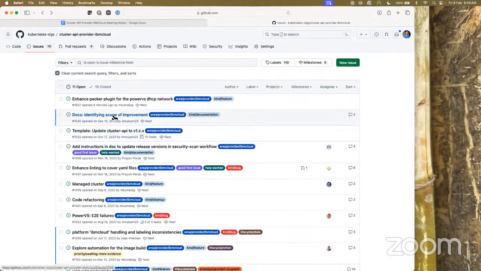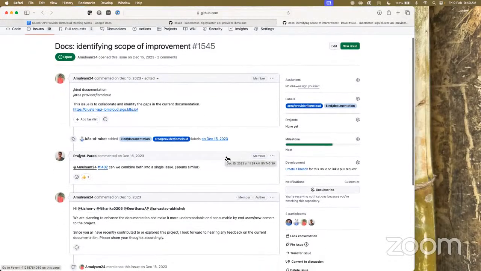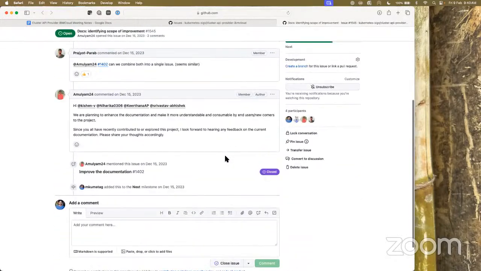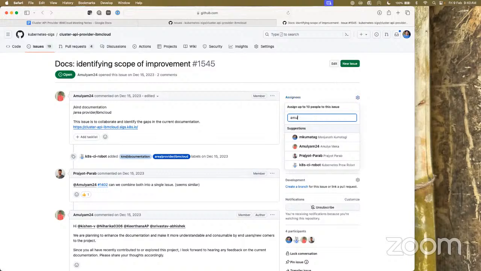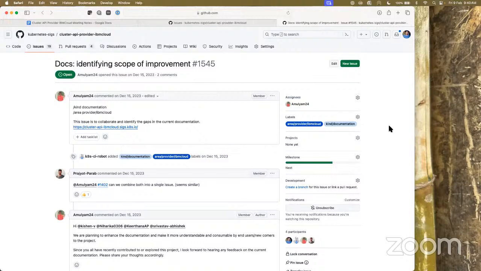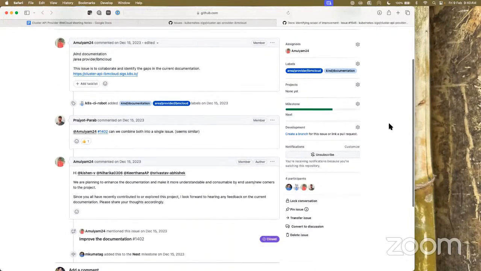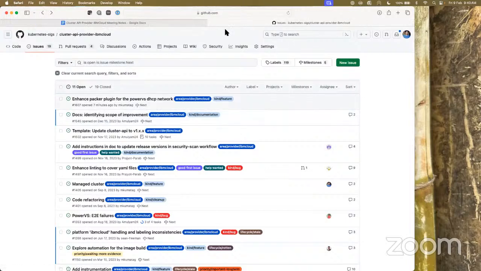And then the first group of improvement. Who's owning this? Nobody is as of now, but I think the intention was to just get feedback on the current documentation from newcomers to the project. But I don't see any update as of now. I'm just assigning it for now. Sure, we can just teach those people and then get some feedback. I'll do that then. Okay.